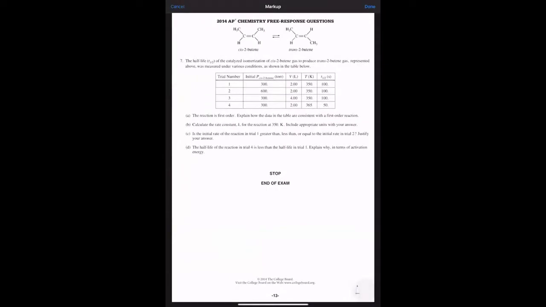So the next one is, well, actually it's related to the kinetics, the rate laws. So here is the reaction. And then we have a table of data. We have different trials, and then we have the initial pressure, the volume, temperature, T-half. And